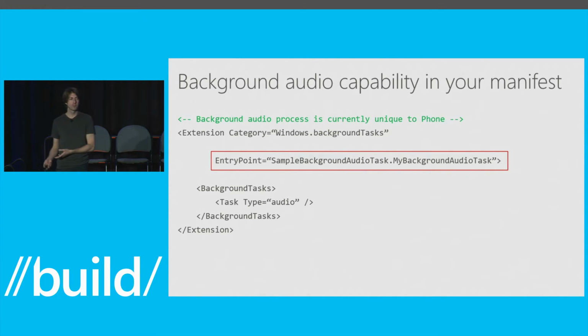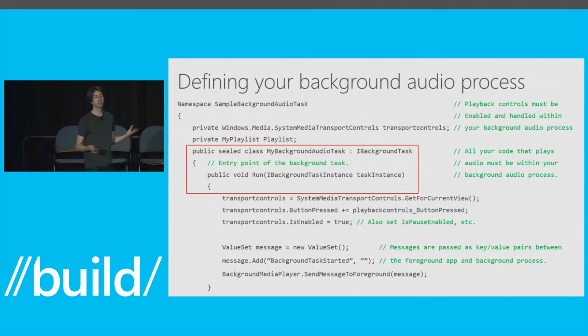On the phone, the benefit is that you essentially offload all of your audio playing capability, as well as the media transport controls and all that, into a background task that's dedicated to just playing audio, so that the rest of your app can go away, and you get better battery life and better efficiency in doing it this way. So that's the model that we're going to converge. What does that look like? So defining your background audio process is,